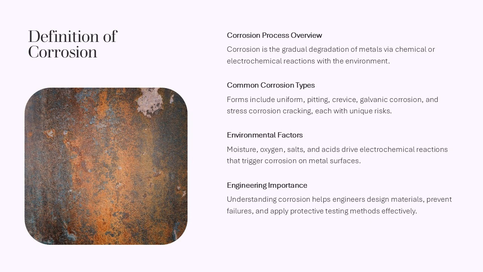Common forms of corrosion include uniform corrosion, pitting, crevice corrosion, galvanic corrosion, and stress corrosion cracking. Each form presents unique risks and requires different testing and mitigation strategies. Corrosion typically occurs when a metal is exposed to moisture, oxygen, salts, acids, or other reactive substances that drive electrochemical